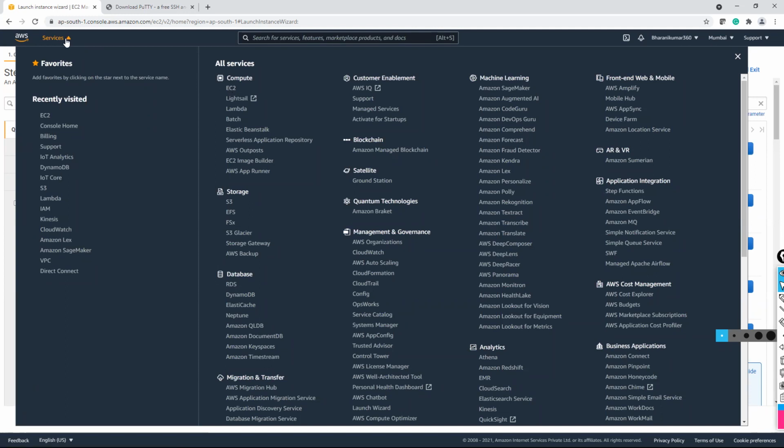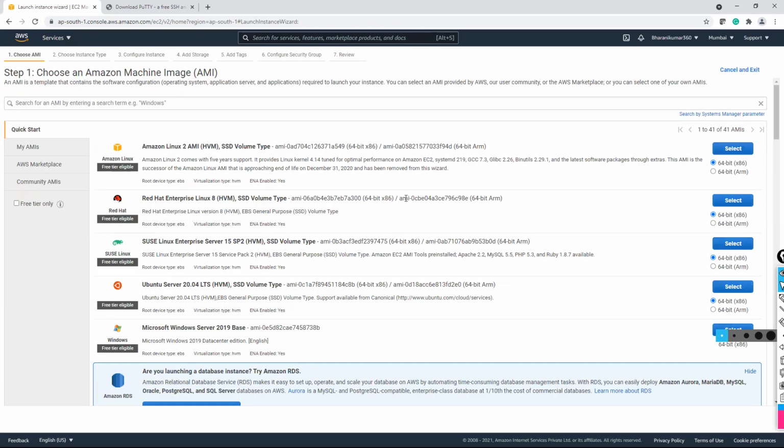Okay. Yeah, ma'am. EC2 then. Select this first one, Amazon Linux 2 AMI.